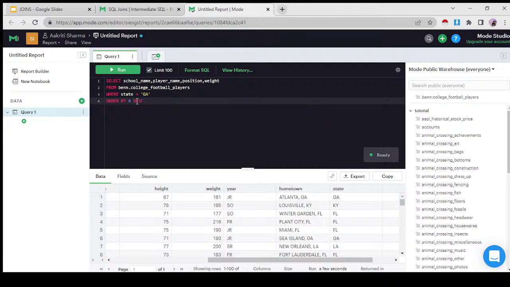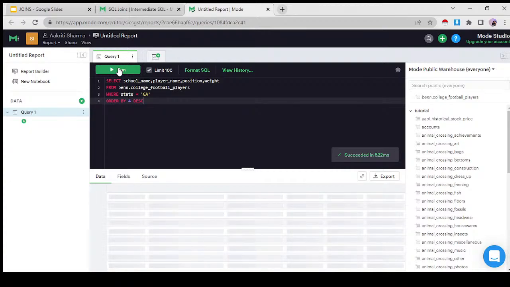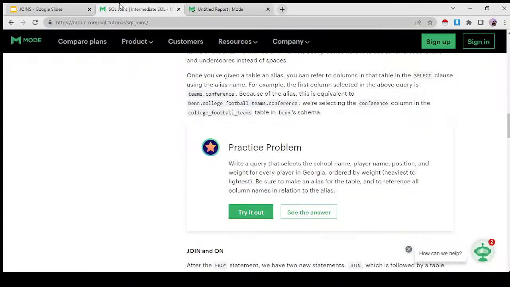If I wanted it in ascending order, I would have left it at that because order by is ascending by default. But I wanted it to be descending, so I am doing this. Let's see if it worked or not. And I'll show you that there'll be some difference between my query and their query. What is that difference? Let's see.